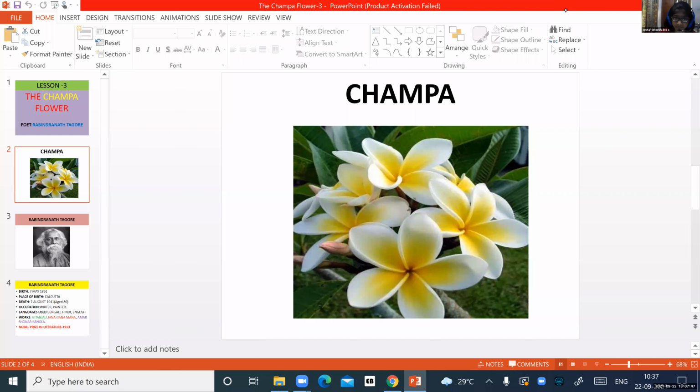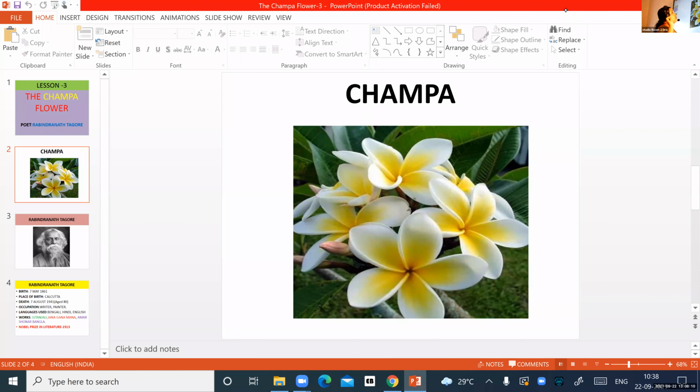Tell me, how many petals does one Champa flower have? 1, 2, 3, 4, 5. Yes, the Champa flower has 5 petals in one flower. Keep your devices muted.